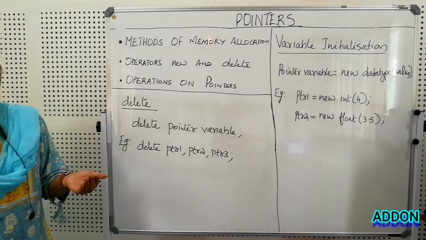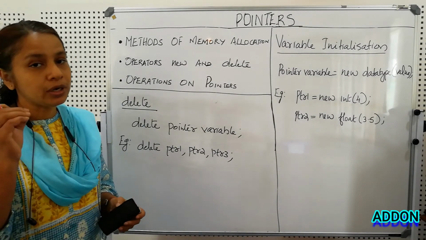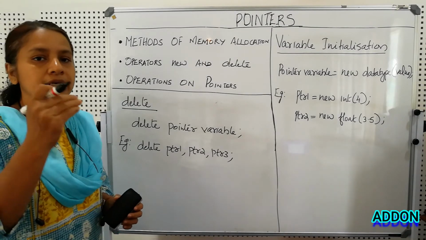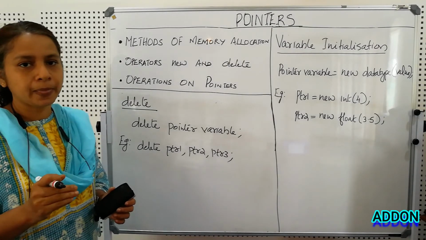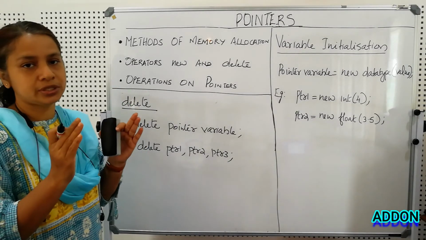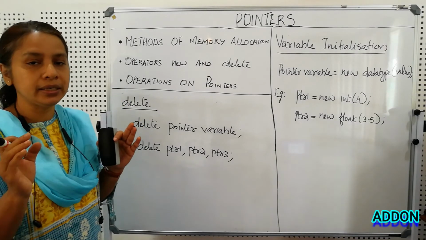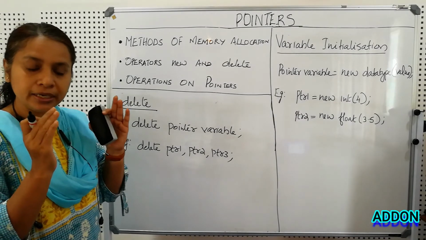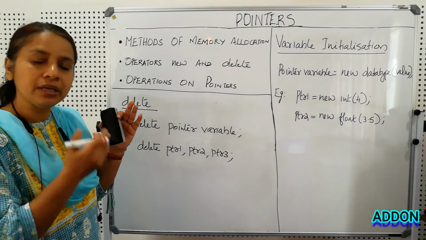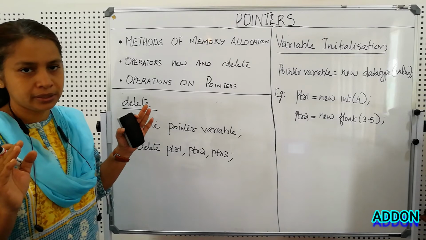So what will happen if I am not deallocating the memory? That is one of the disadvantages of dynamic memory allocation. If the allocated memory is not freed, that portion of memory will always remain unused. This situation is known as memory leak. Why is it known as memory leak? Because the allocated portion of memory is leaked in every program run. That portion of memory cannot be used for any other purpose.